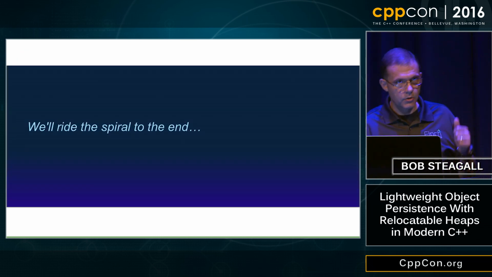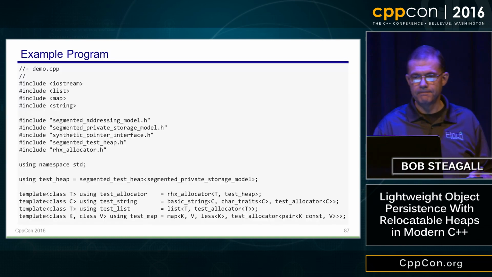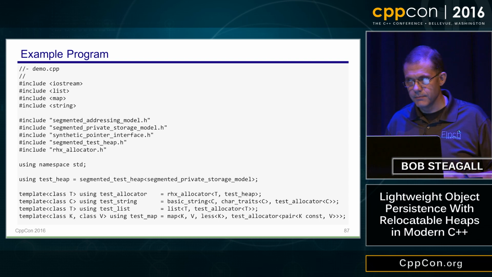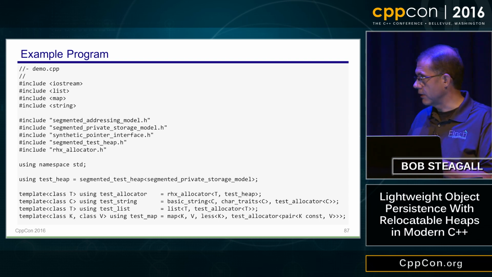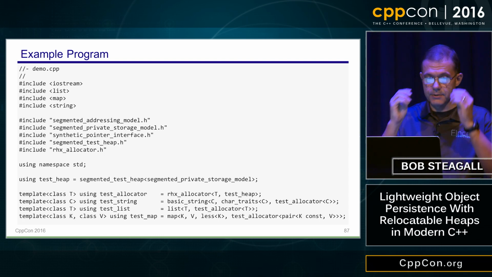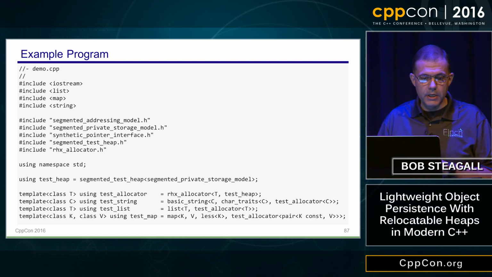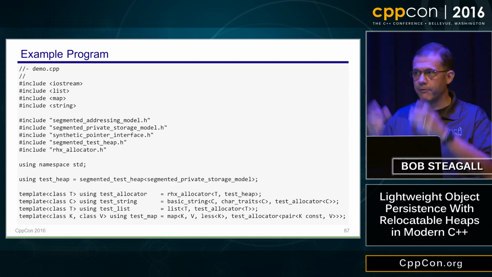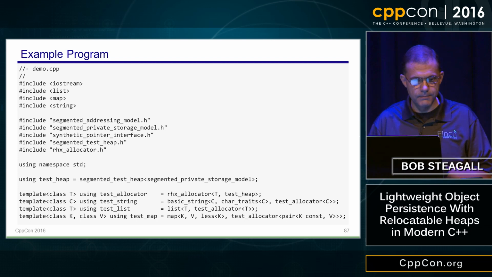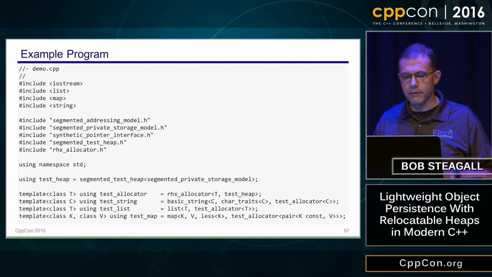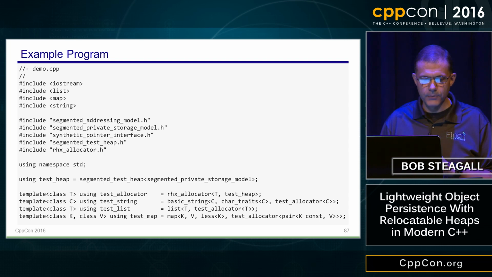All right, so let's look at an example. What would this look like in practice? So I've tried to put together a fairly simple test function. Hopefully it will all make sense. I'll begin by including some standard headers. I'm then going to include some headers which define the types that you just saw. And I'm going to slightly break a rule here, and I'm going to import everything from namespace std.